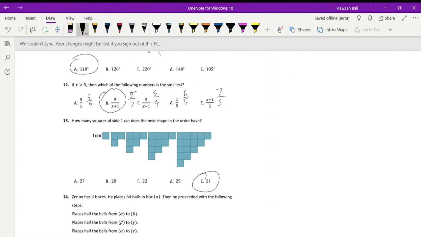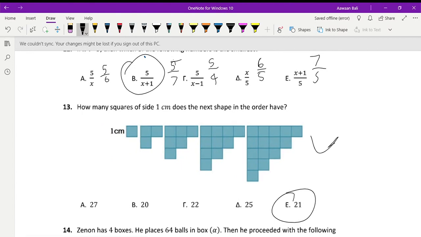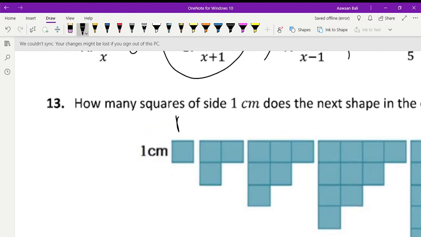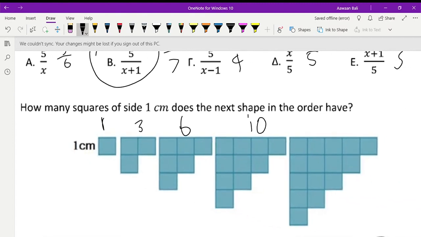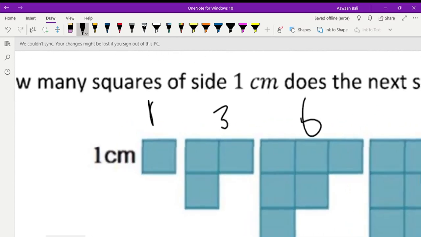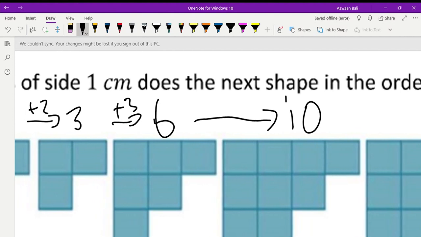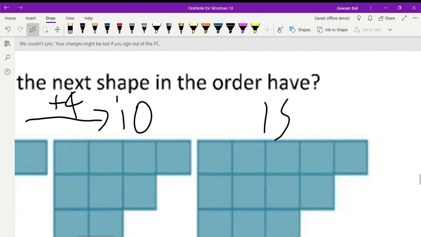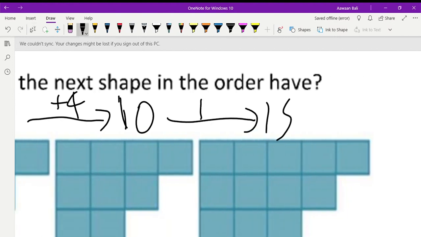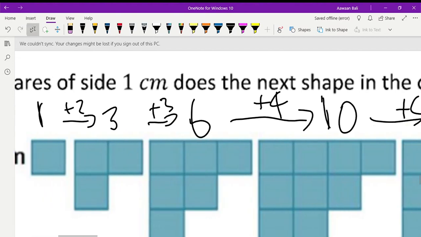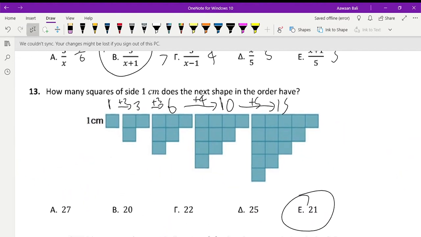Okay. How many squares of side 1 centimeter does the next shape in the order have? You have 1, 3, then 6, then 10, then 15. Now look at the difference. First it's plus 2, then it's plus 3, then it's plus 4, then it's plus 5. So the difference is not fixed, like an arithmetic